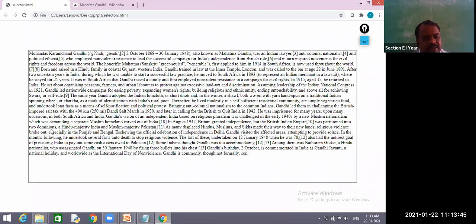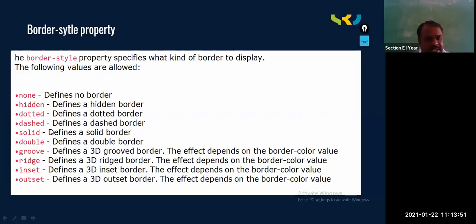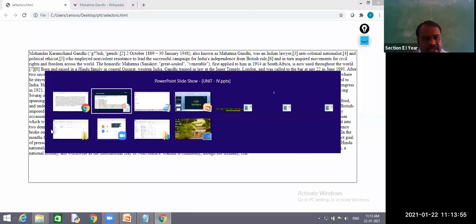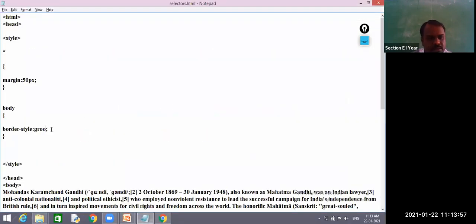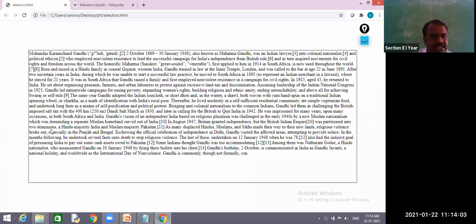Now it has displayed with some lighter black color. Next one is ridge. So this looks like a 3-dimension ridge. Now we will see its output.